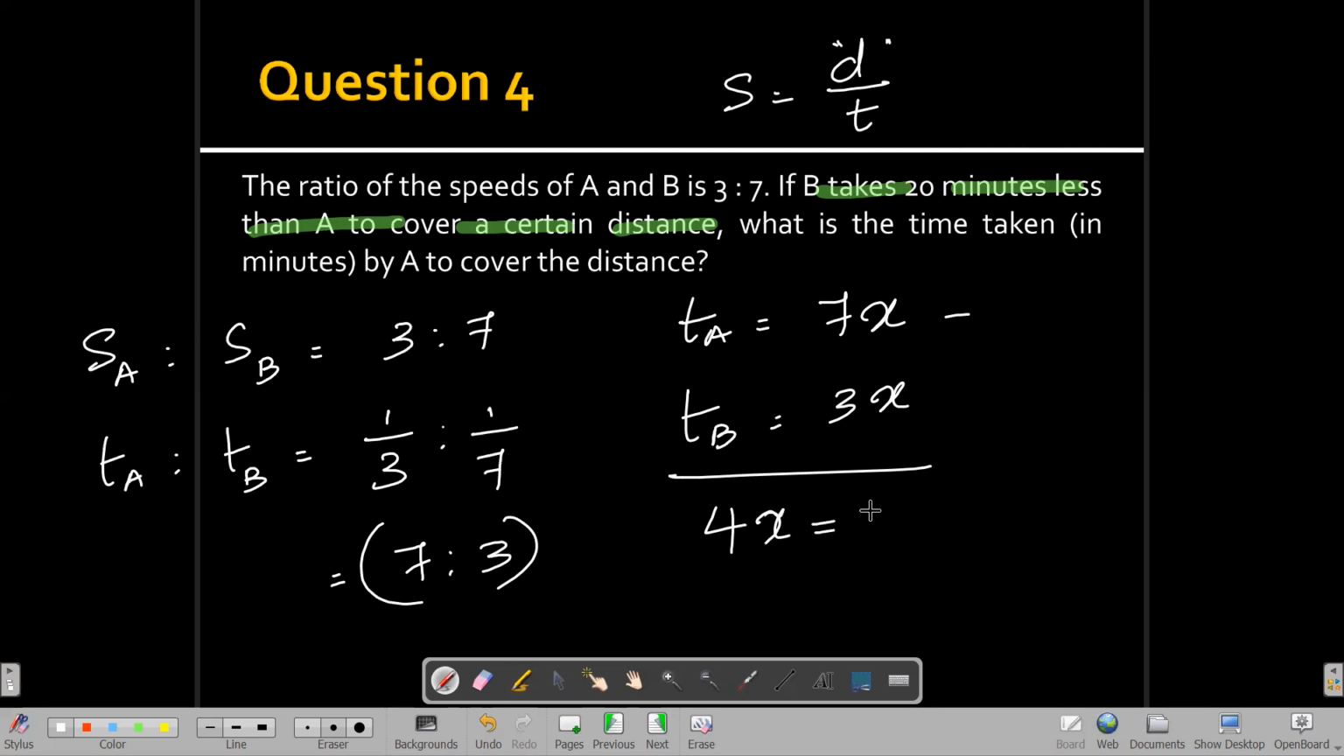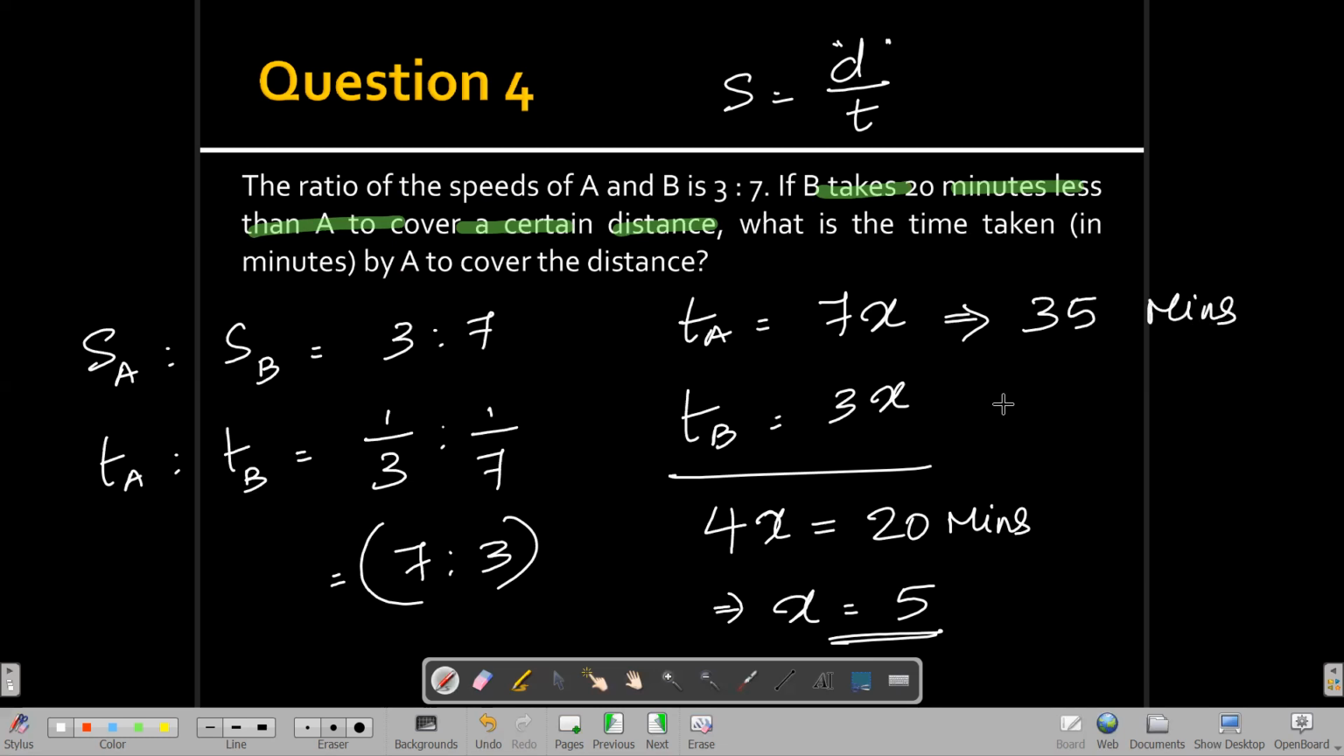Okay, this is equal to 20 minutes. And this gets you x, it is equal to 5. The multiplication factor associated with this ratio is equal to 5. So this gets you time taken by A, 7x, that is 7 into 5, 35 minutes. And we can also see that here the time taken by B, 3x, that is 3 into 5, that is